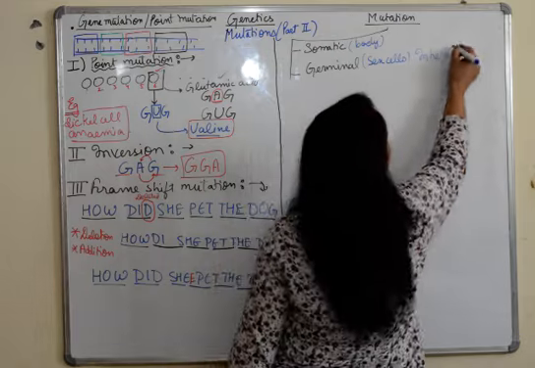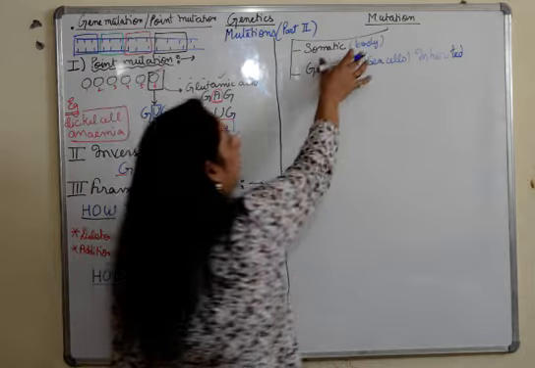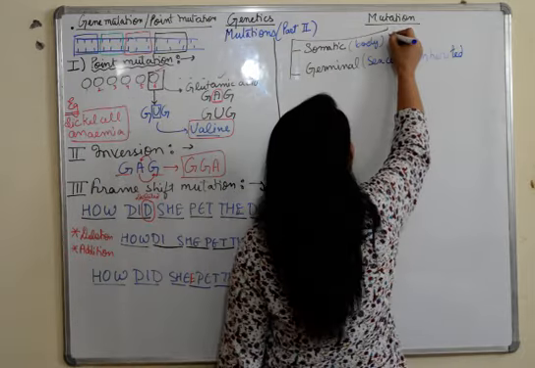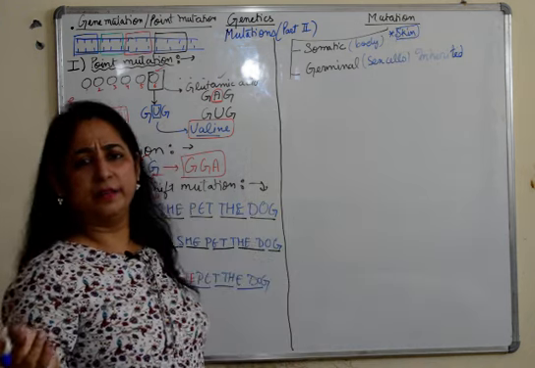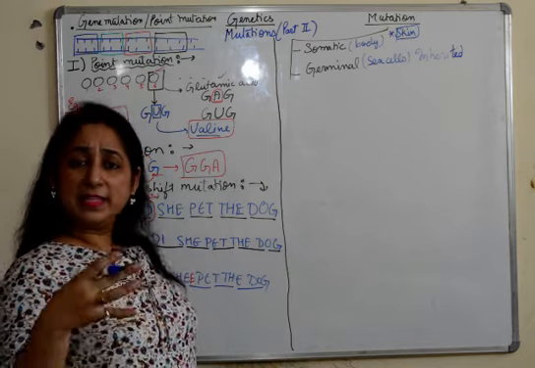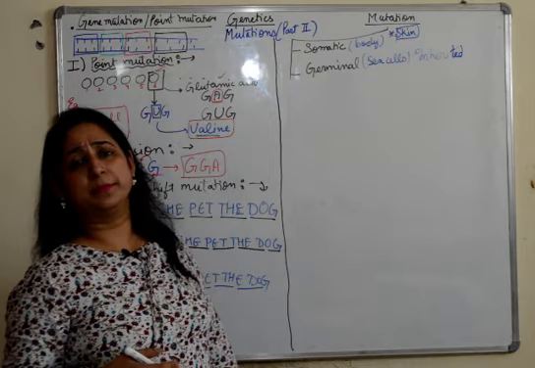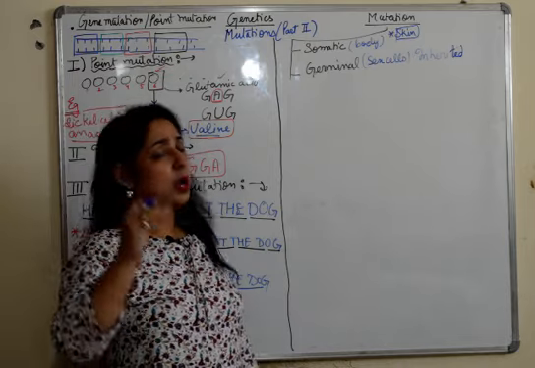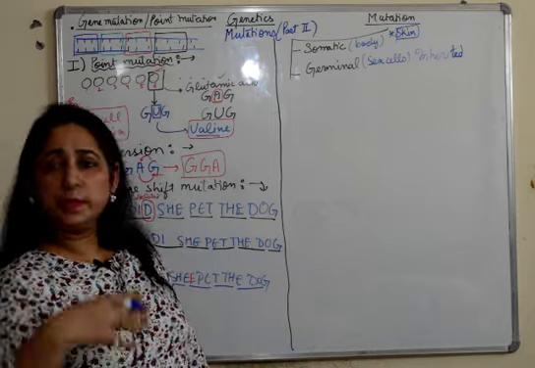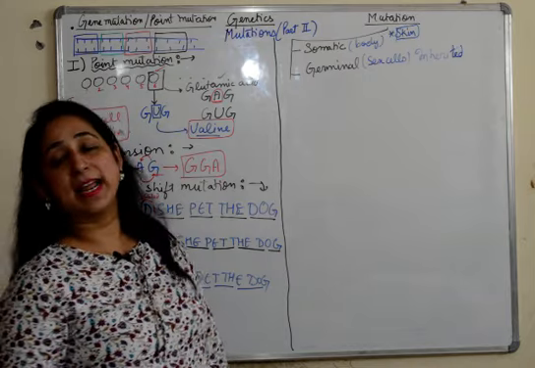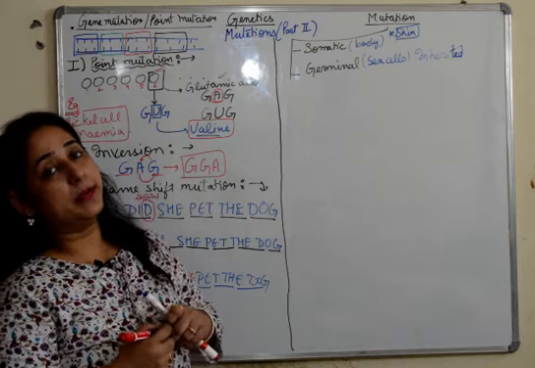Which will be inherited by the next generation because the change has taken place in the sex cells. Somatic or body mutation, for example, if we take any skin disorder, skin disease maybe. If it is there, it's not going to pass on to the next generation, or skin cancer for that matter, or any type of tumor will not be passed because that change has taken place in the somatic cells or the body cells, which will not be inherited. So this is the first type of classification in mutation, somatic and germinal mutation.